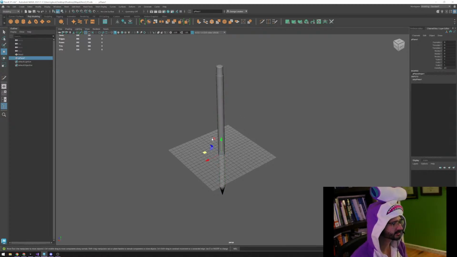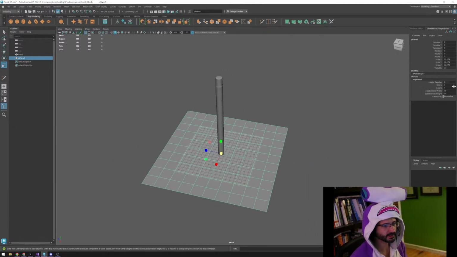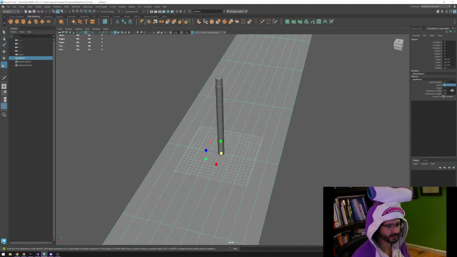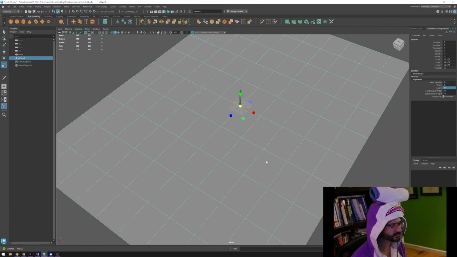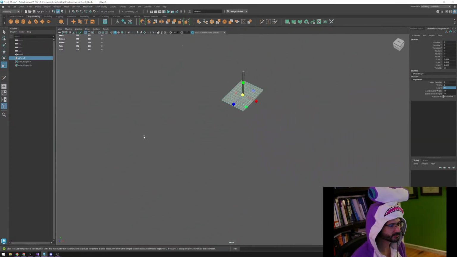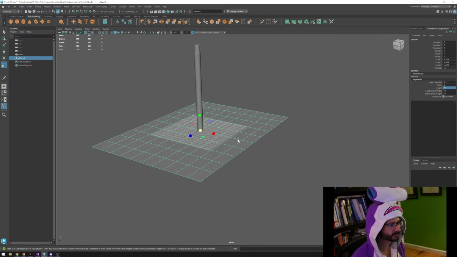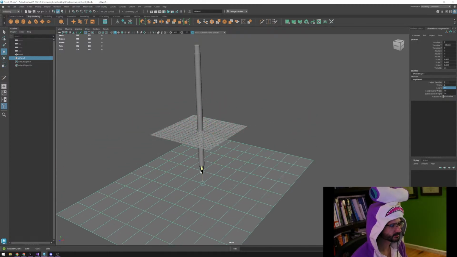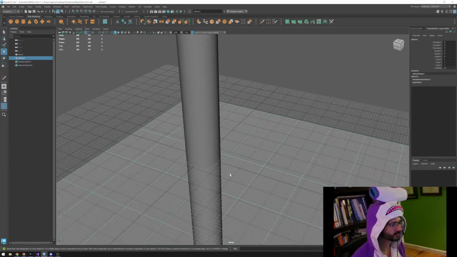So now that we have the pencil, let's go ahead and create a plane and increase its size. And a plane is like 4 by 11. So we're going to do maybe 8 and then height of 11, or 8 by 11, right? So that's our piece of paper, and that's going down the z-axis as well. Now all we got to do is scale this down to a proper size. So probably something like this, maybe-ish, maybe a little bit more, something like that. I can go with that, sure, and modify, freeze transforms on that, although we probably want to move that up